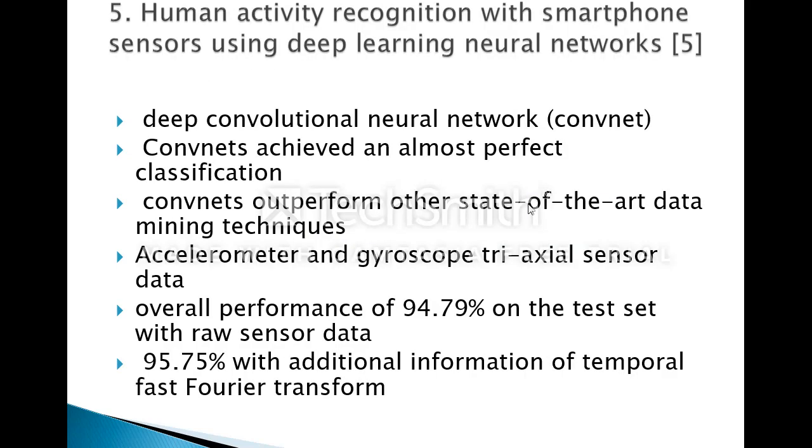So the fifth paper is human activity recognition with smartphone sensors using deep learning neural networks. A variation of convolutional neural networks is explored for the HAR dataset. The authors explore different layers of neural networks to map the input features to the output classes given in HAR. The main feature of convolutional neural networks is their adaptivity with respect to the temporal variations in data. The restructuring of the network with respect to filter size and pooling size also adds extra benefit to the algorithm's